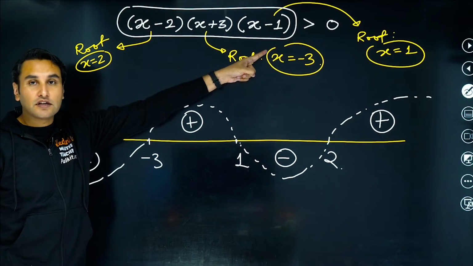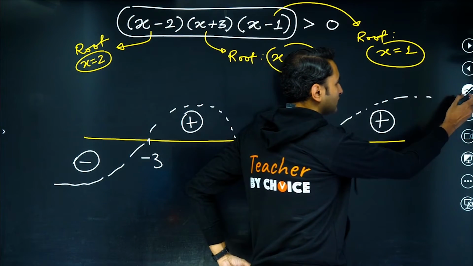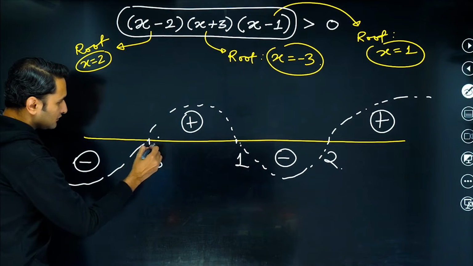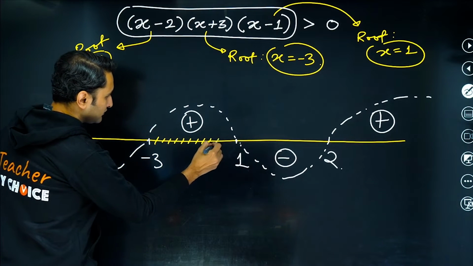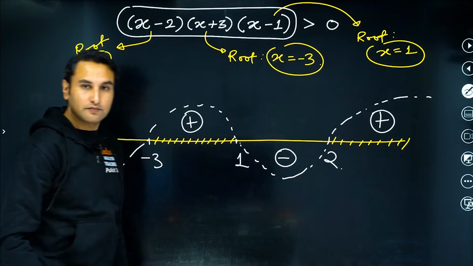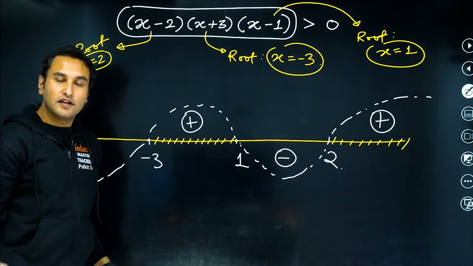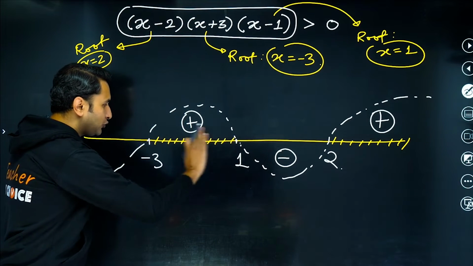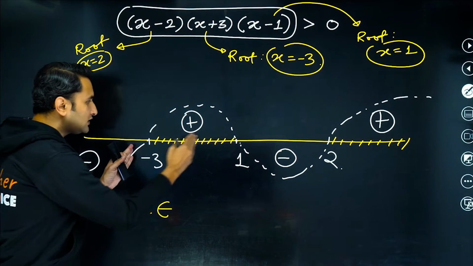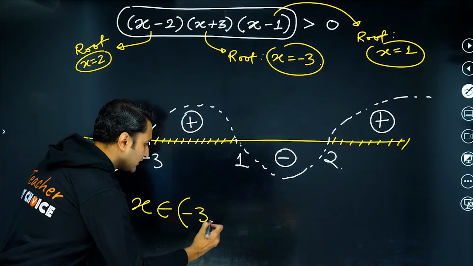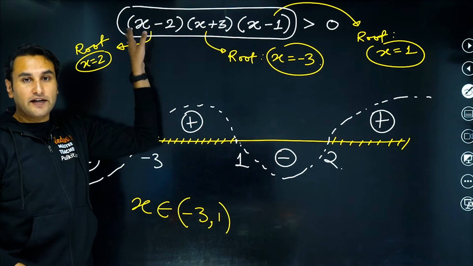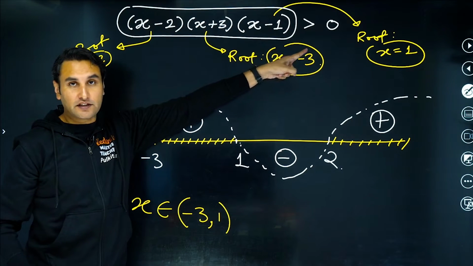But what is the question? Greater than 0. So let's see where it is greater than 0. So it is greater than 0 where? Here. So this is the portion where it is greater than 0. Right? So how will you write the answer? So this is the portion, that is x belongs to -3 to 1. So between -3 to 1, this entire expression is positive,